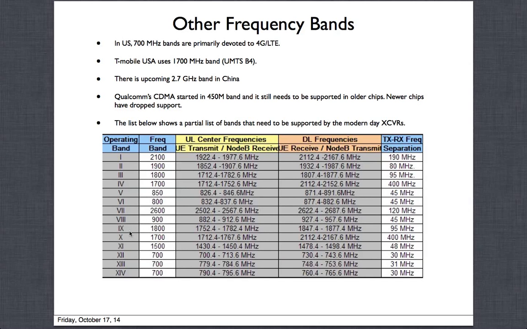So band 8, then there is band 9, 10, 11. Then here are the bands around 700 megahertz. Band 12, 13, 14. There is also 17 and others, but I don't know where I copy pasted this table. There are more bands here, which you can Google to see more frequencies. But the point I'm trying to make is, around the 700 megahertz, there are different bands, and they have been allocated to different carriers in the US, primarily to develop the LTE services. So the bandwidths are really small.